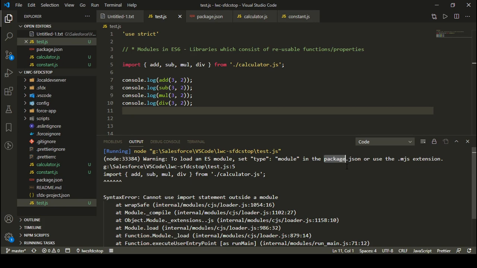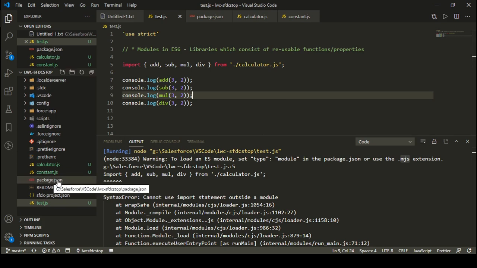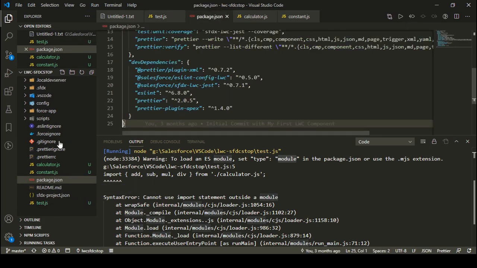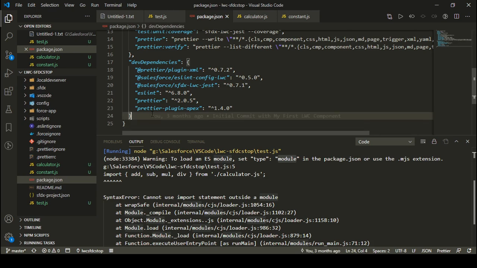So this is the basic syntax that we have to follow: either you define all the extensions of your file as .mjs because it's a part of module, or otherwise you can have a package.json file defined in your home directory, and here you can specify a type attribute and say that the type is module. So I'm going to use the basic package.json file that is present in our local directory when we are working on Salesforce as well.